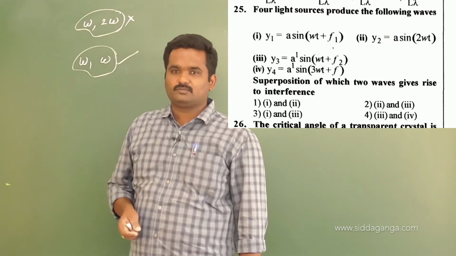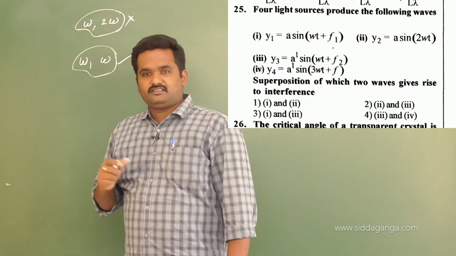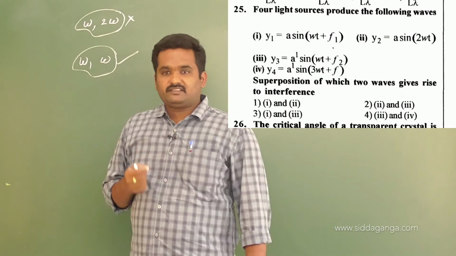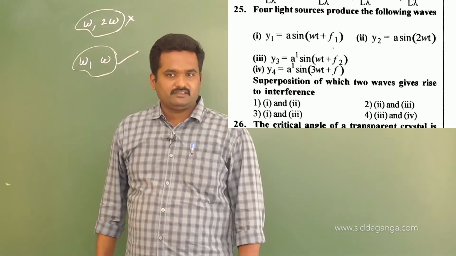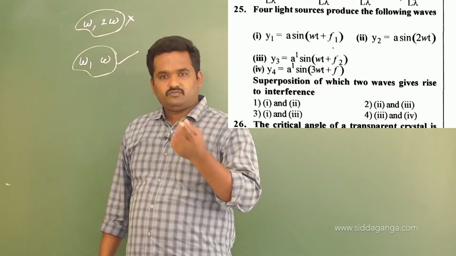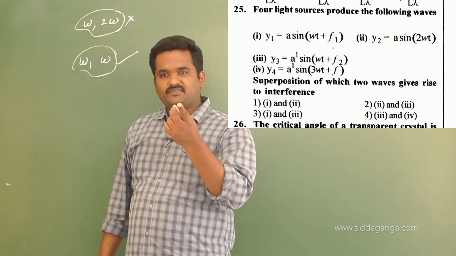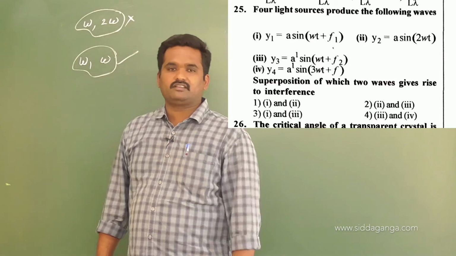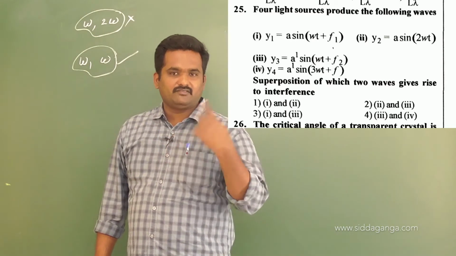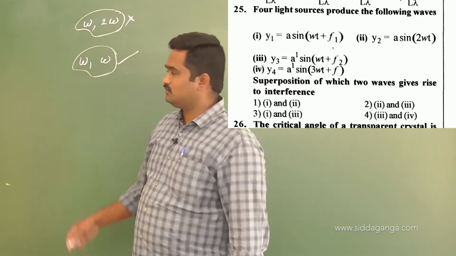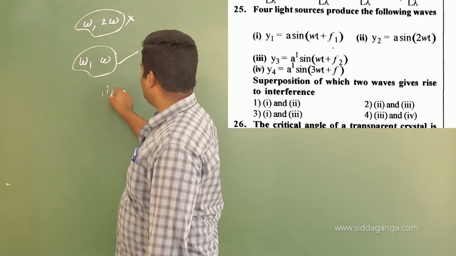Definitely these two superposed to form what? Interference pattern. Whereas the fourth one, if I take 3 omega t, none of 1, 2 and 3 has 3 omega as a frequency, right? So hence superposition of 1, either of 2 and 4 will not give interference, and 2 and any other will not give interference, and even 4 and any other will not give interference. So the answer is 1 and 3.